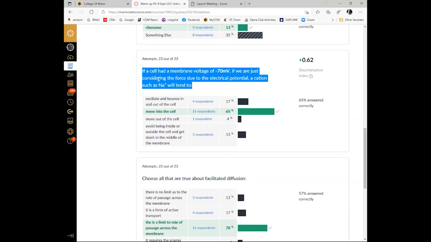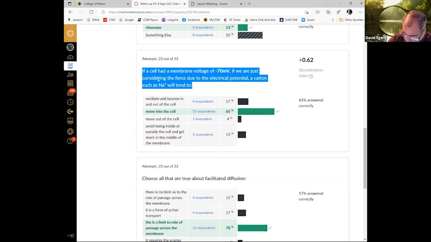I thought when it was negative 70 mV, it was like homeostasis, right? Like they stayed. No. I said that that's often the resting potential for excitable cells, but it's a,